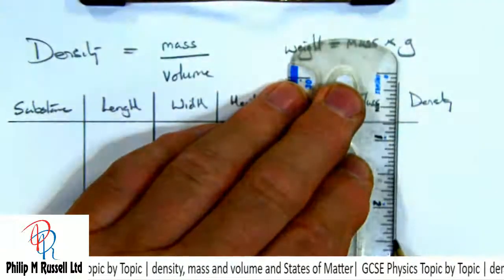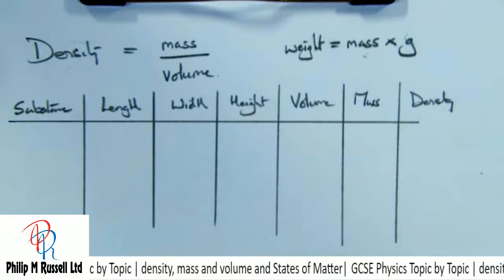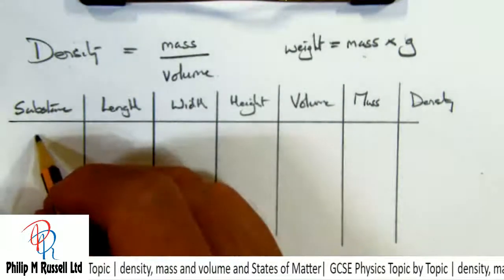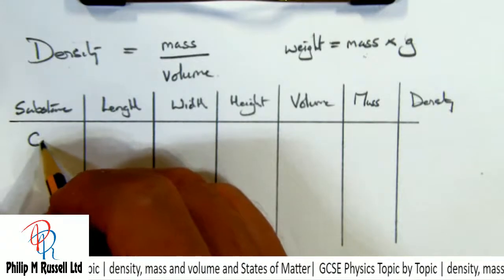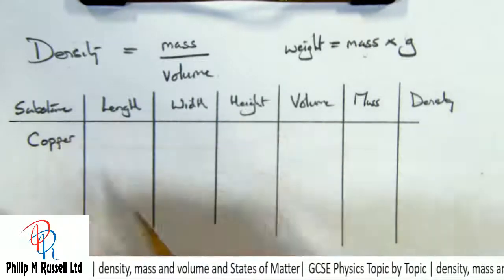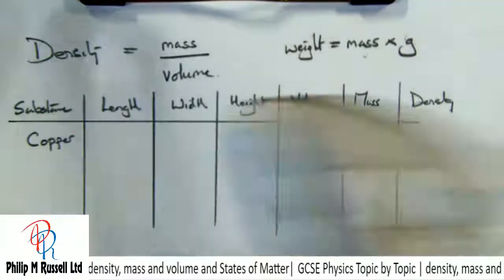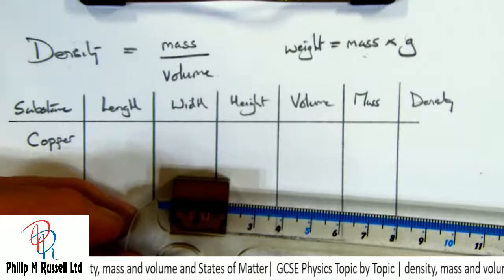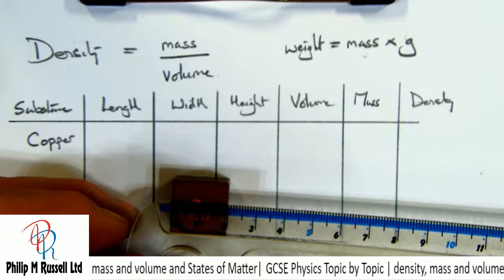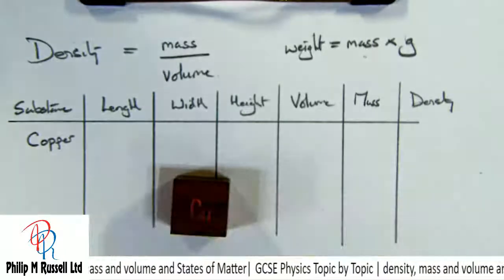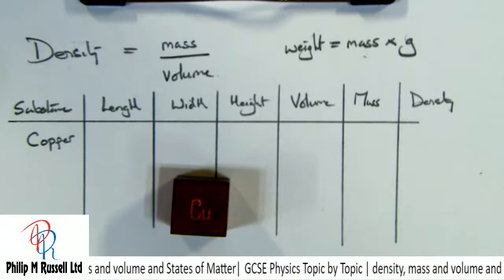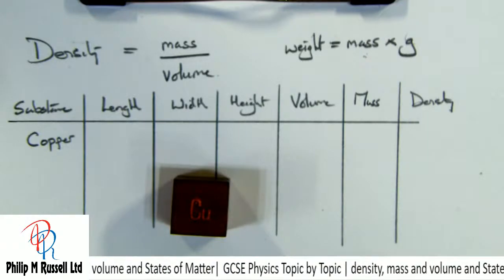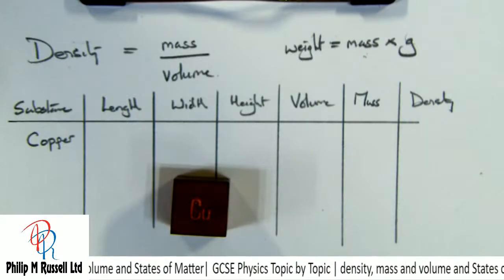Now, if we're going to try and work this out, then let's just take our substance. We've got here copper, and I've got to measure the length. Well, the obvious thing is to get my ruler out and try and measure it, and that says, well, this is nearly 2 centimeters. Not good enough. What I'm going to need is something that's a little bit more accurate,